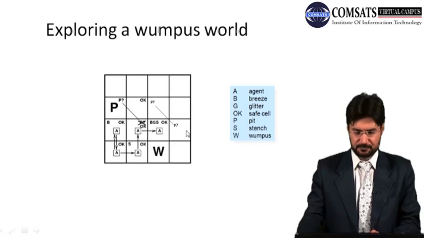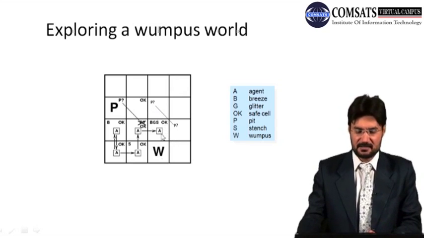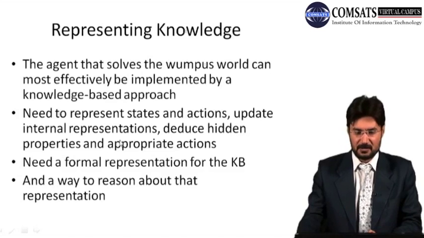اب یہاں پر کہیں پر یا تو پٹ اویلیبل ہے، کیونکہ ہمیں یہ تو پتا تھا کہ اس سائڈ پہ ومپ بیٹھا ہوا ہے اس کمرے میں، اس وجہ سے اس ومپ کی جو سٹنچ تھی وہ یہاں پر آ رہی ہے۔ لیکن اب ہمیں یہ نہیں پتا کہ ان دونوں میں سے کس سائڈ میں پٹ ہے۔ اب اس کو کیسے انڈرسٹینڈ کریں گے وہ ہم نیکسٹ دیکھیں گے، لیکن اس کی ہمیں ضرورت اس وجہ سے نہیں ہے کہ ہمیں گولڈ آلریڈی مل چکا ہے اور ہم واپس آ جائیں گے۔